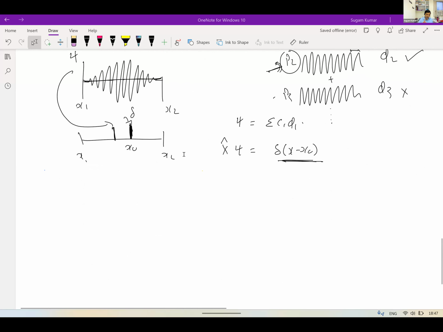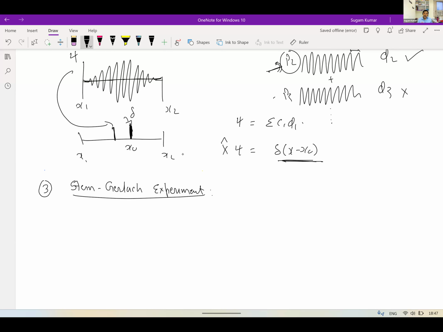Okay, so if there is no question, then the third lecture. In fact, when I said 2 to 3 hours for quantum mechanics, I will take another lecture for this part. And here we will try to understand the Stern-Gerlach experiment, because I will be explaining quantum computing using the spin concept completely.